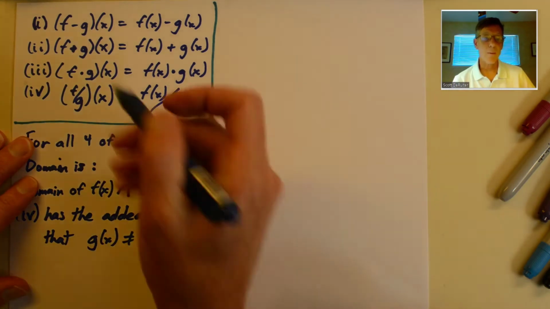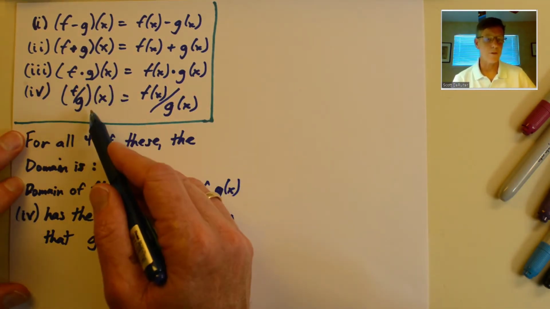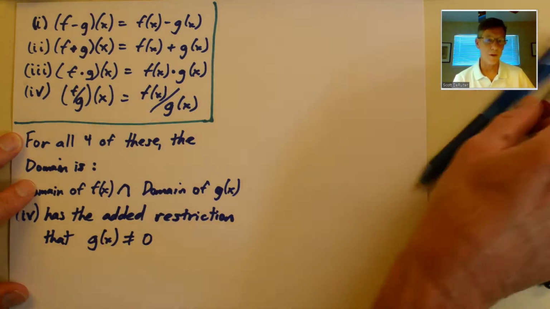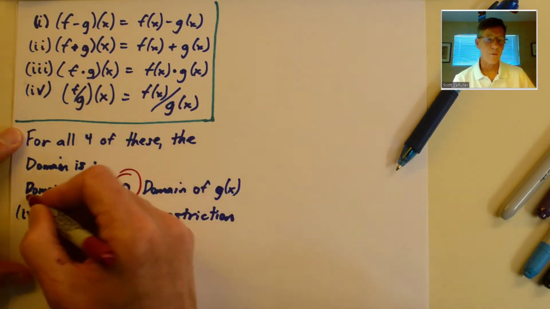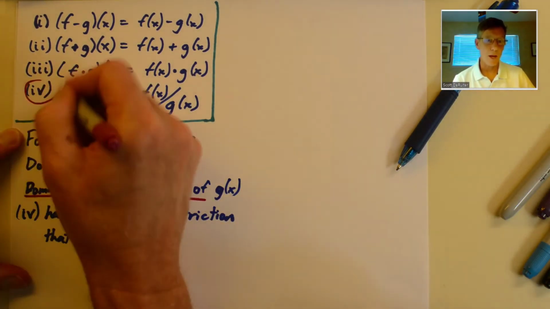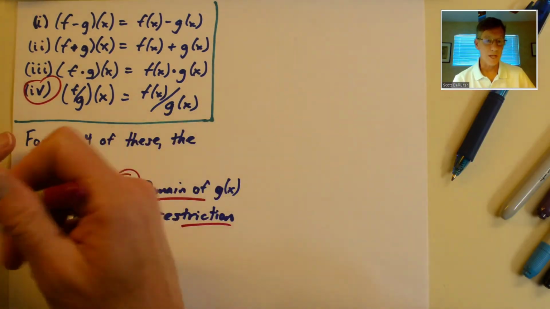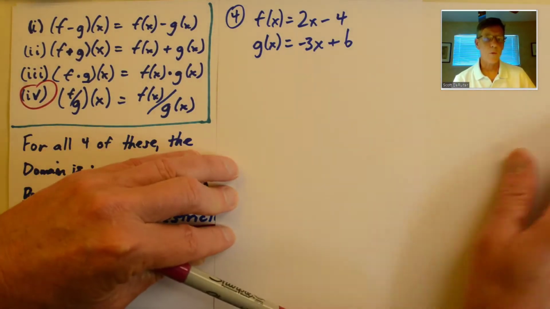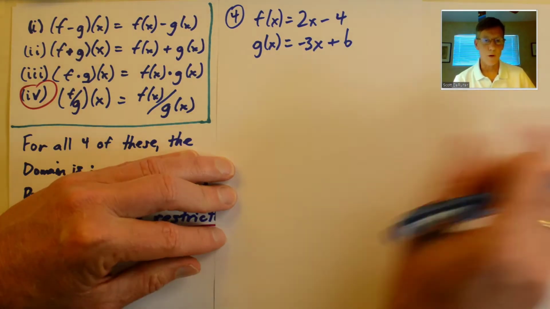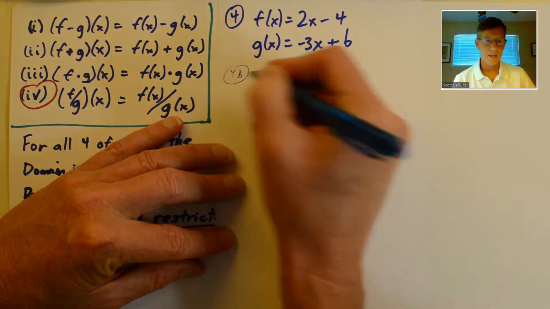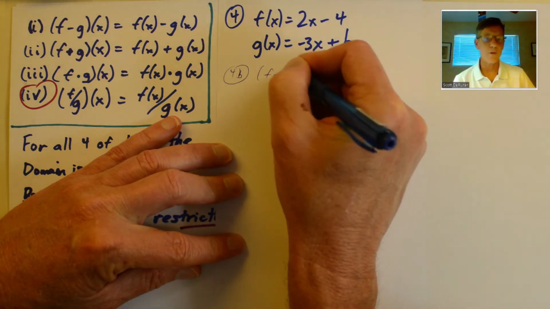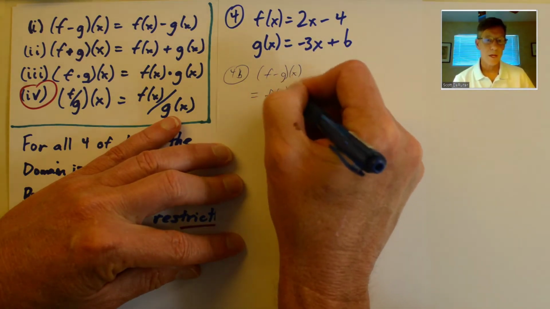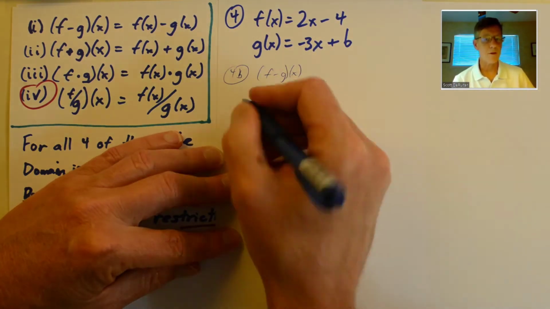Okay, for the next set of problems, we're going to be looking at sums, differences, products, and quotients of functions. And if we're trying to find the domain of the newly created function, we have to find the intersection of the two functions we're working with. So if we're working with 2x minus 4 and negative 3x plus 6, and let's say we want to find the difference of those two functions, you can just take one function minus another,